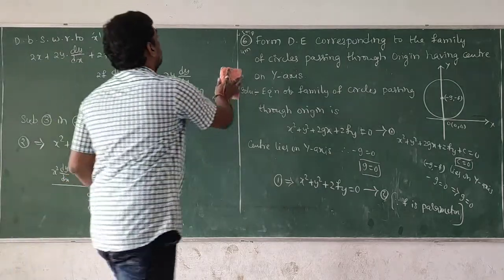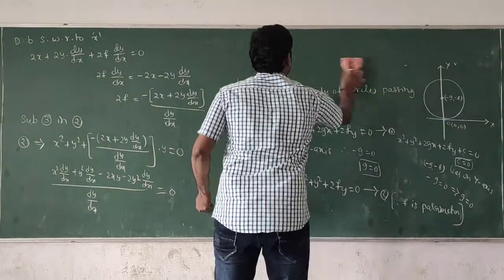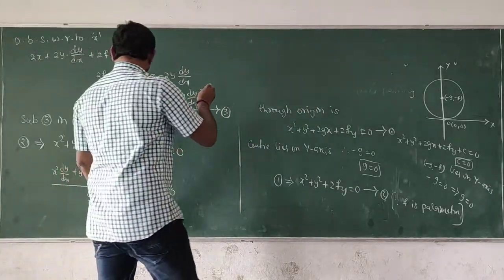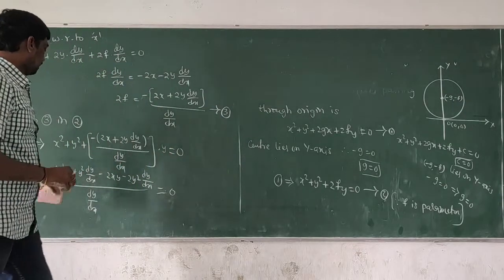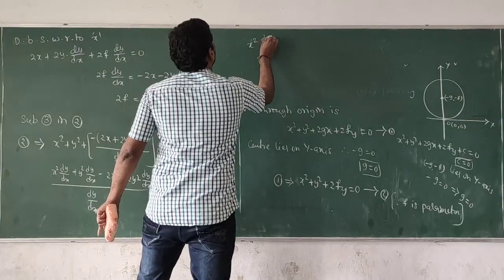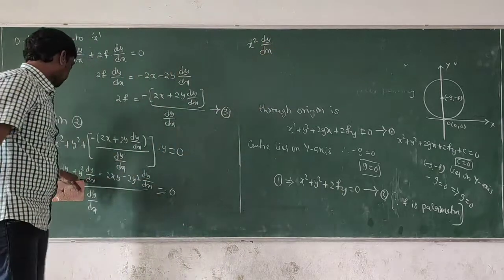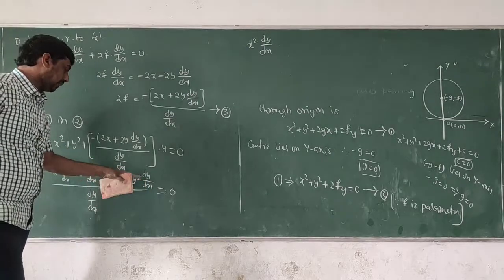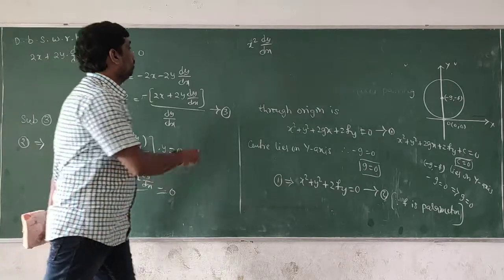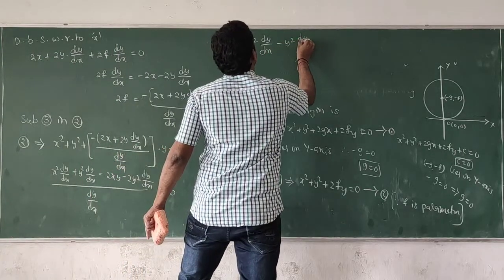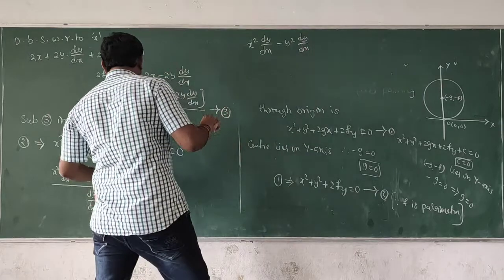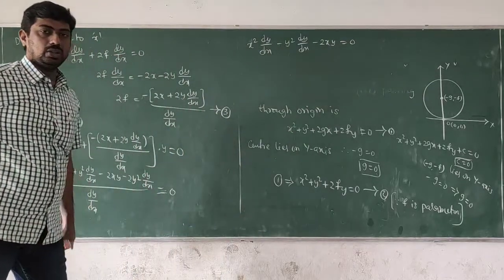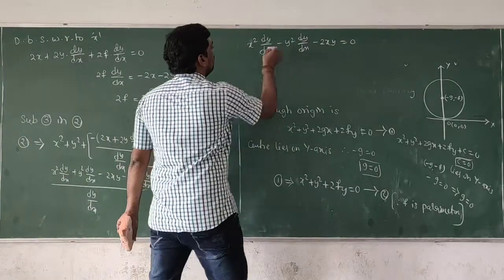Simplify this one. Do the cross multiplication. Then remaining is x square into dy by dx, plus y square dy by dx minus 2y square dy by dx, that is plus 1 minus 2, which is minus 1. That means minus y square into dy by dx. The remaining term is only minus 2xy equal to 0. Here, taking dy by dx to the opposite side, 0 into dy by dx is 0. This can be written as,